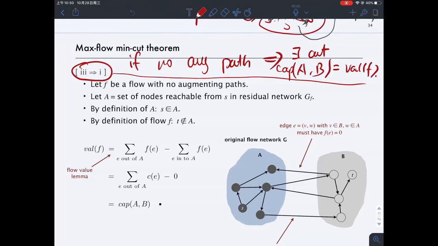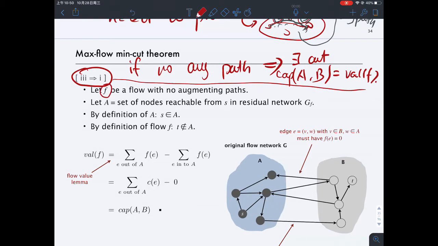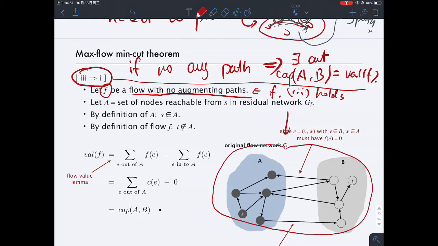Right. So proving 3 implies 1 is actually pretty straightforward. Let's just pick up the flow F such that there exists no augmenting paths. So we want a flow such that condition 3 holds. When condition 3 holds, we can imagine there's a flow and this is the associated